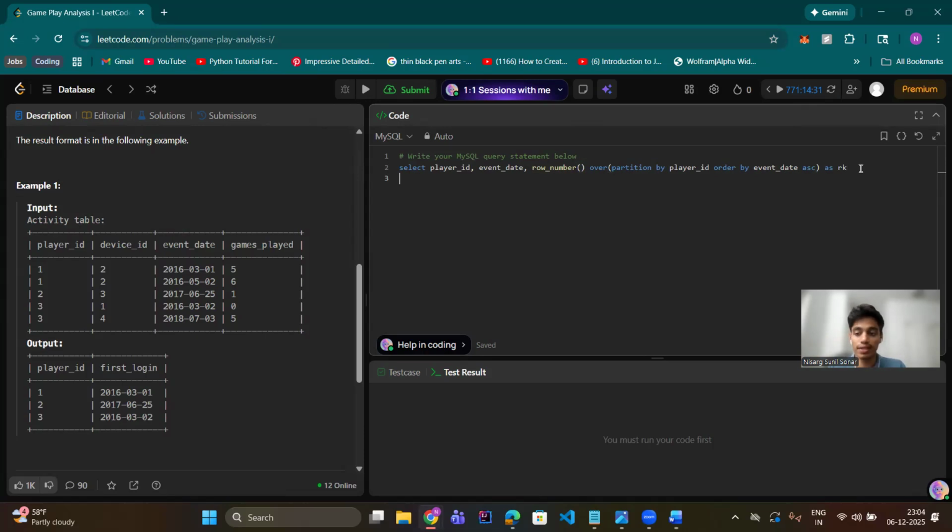Let's name it as RK. Let's remember that we can't name any column as rank because it throws an error. From the table named activity. Yeah, that's pretty much it, I feel. This will do grouping internally and then select from activity. Let's store this